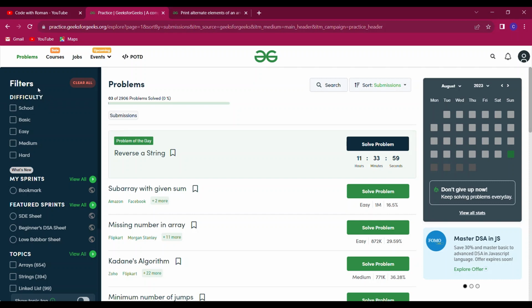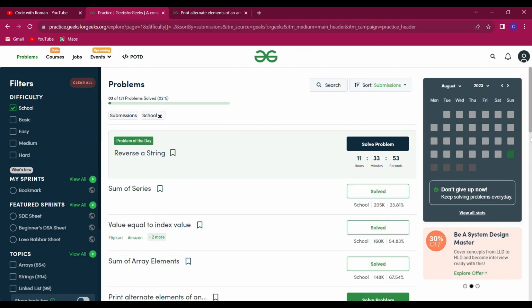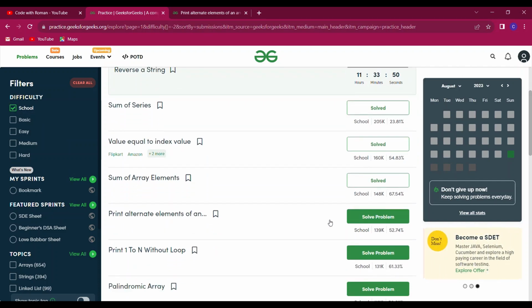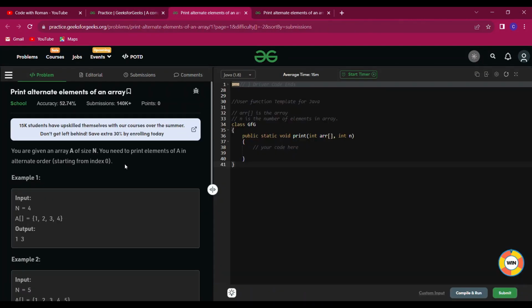Solve GeeksforGeeks problem number 4. Difficulty level: School. Problem number 4: Print alternate elements of an array. You are given an array A of size N and you need to print the elements of A in order, alternate, starting